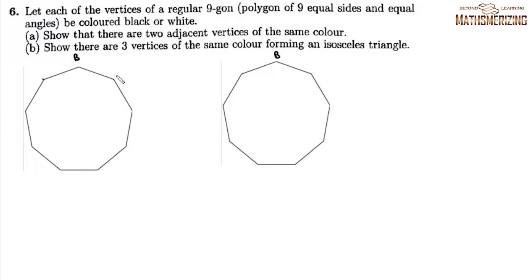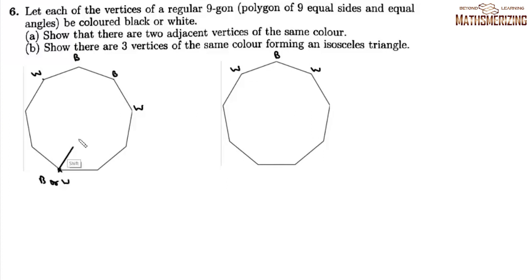So we have two possibilities. Either one of them is white and the other one is black, or both of them will be white. Now let us come to this first case. Now if this is white and these two are black, now this cannot be black. It has to be white. Otherwise, again we'll have this isosceles triangle. Now if we talk about this vertex, then this vertex will be either black or white.